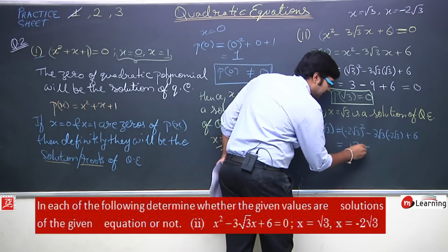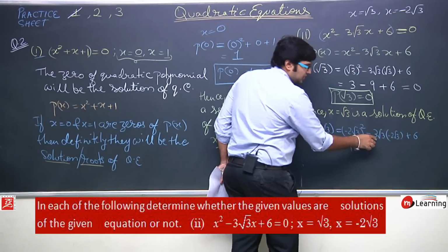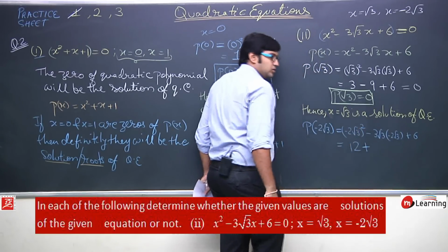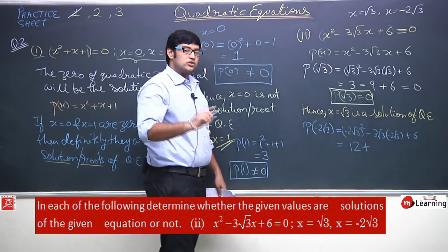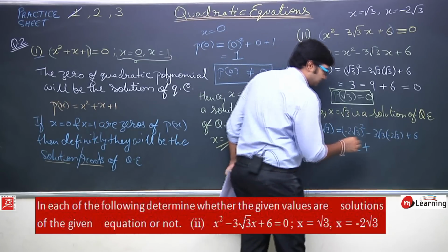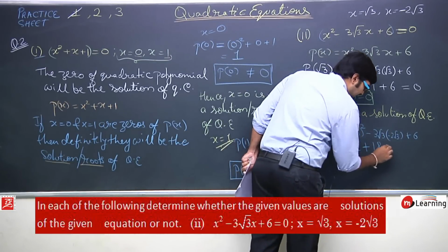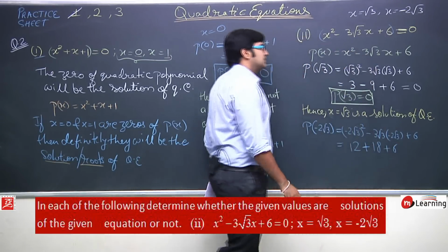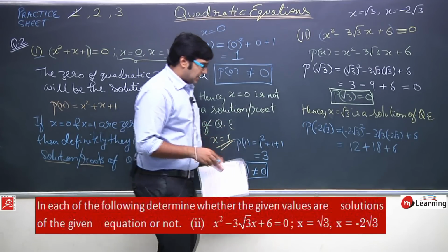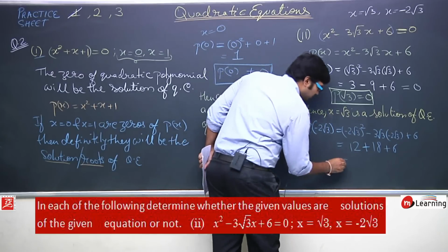So 12 minus 2 into 3, this minus and minus will become plus, then 2 into 3 is 6, then root 3 into root 3 is 3, so 6 into 3 will give you 18 and plus 6. In this way we need to reduce, and this will become